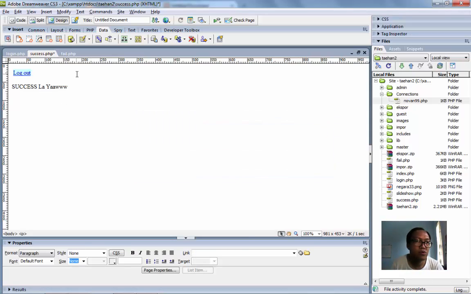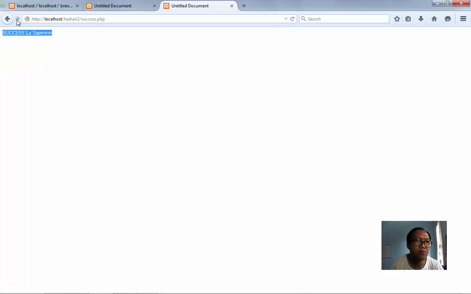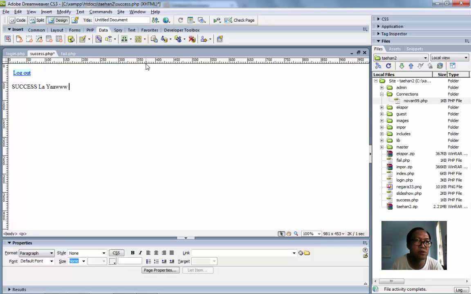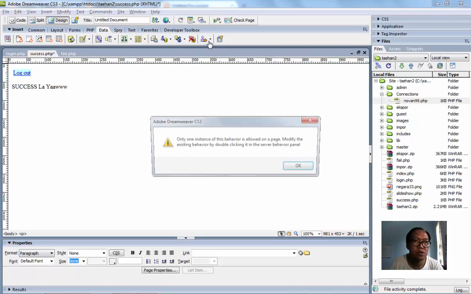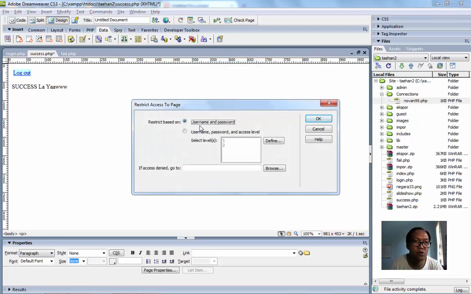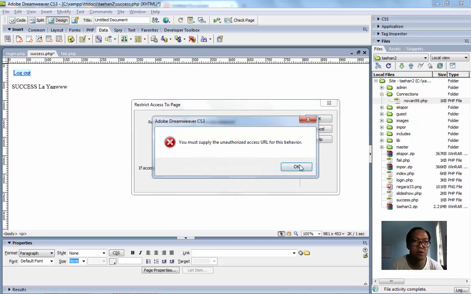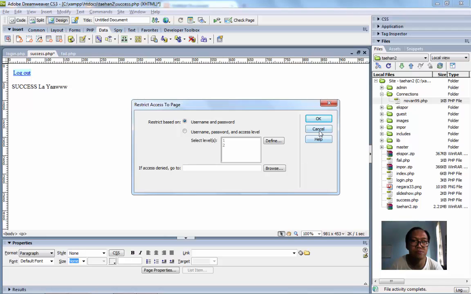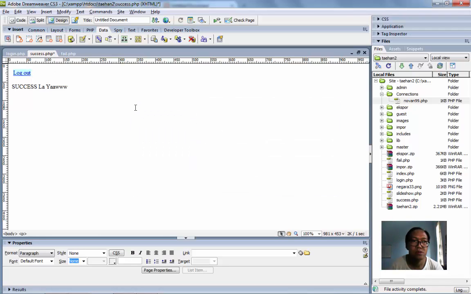But if you don't want someone to go back and forward, create a behavior named restrict access to the page, so no one can easily click the back and forward buttons without using the login form. You can use this restrict access and then click OK. Here, you can save it.